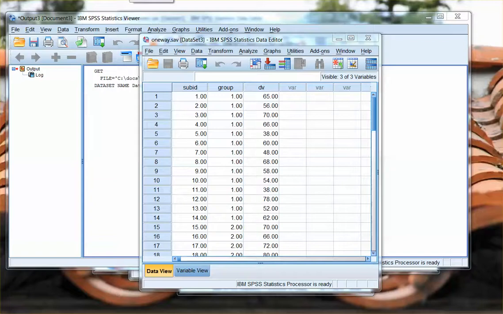Okay, this video is going to show you how to do a one-way analysis of variance in SPSS. So one way, one IV, more than two groups. Okay, so again, take a look at the SPSS guide for more detailed information, but this will quickly walk you